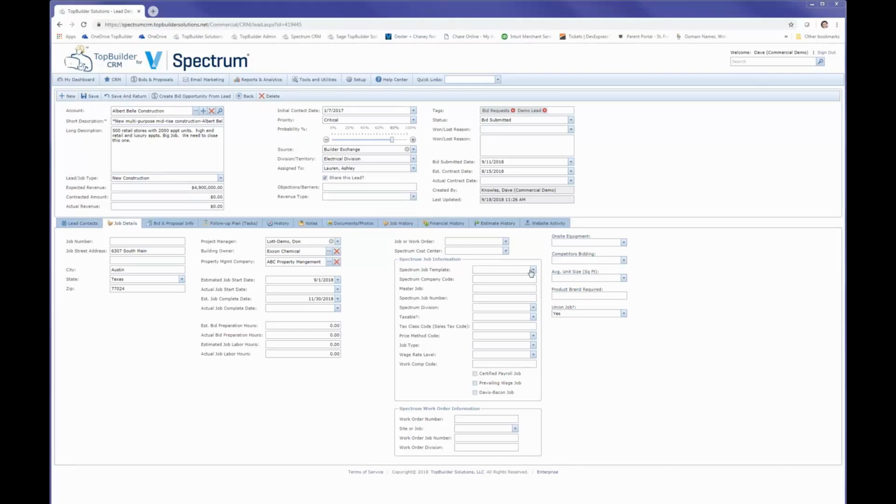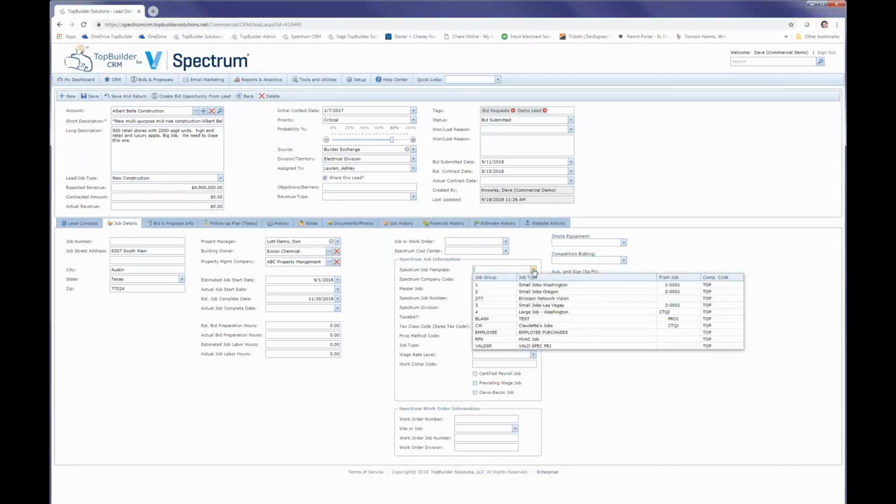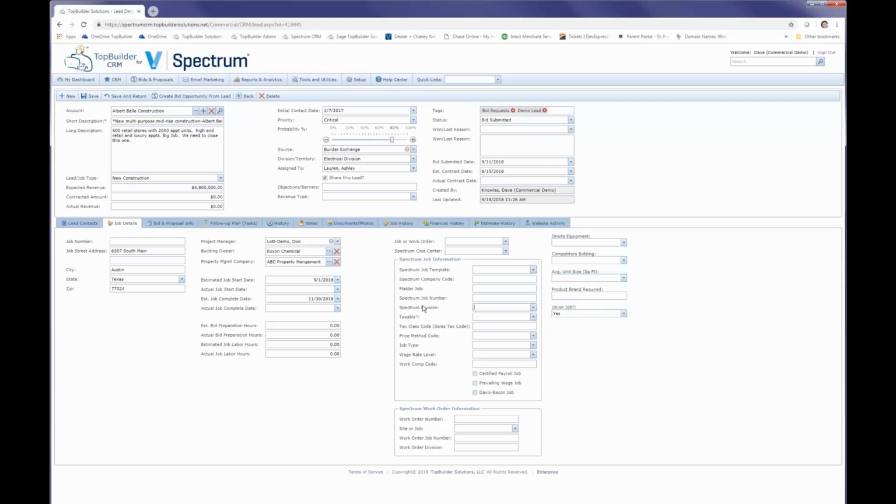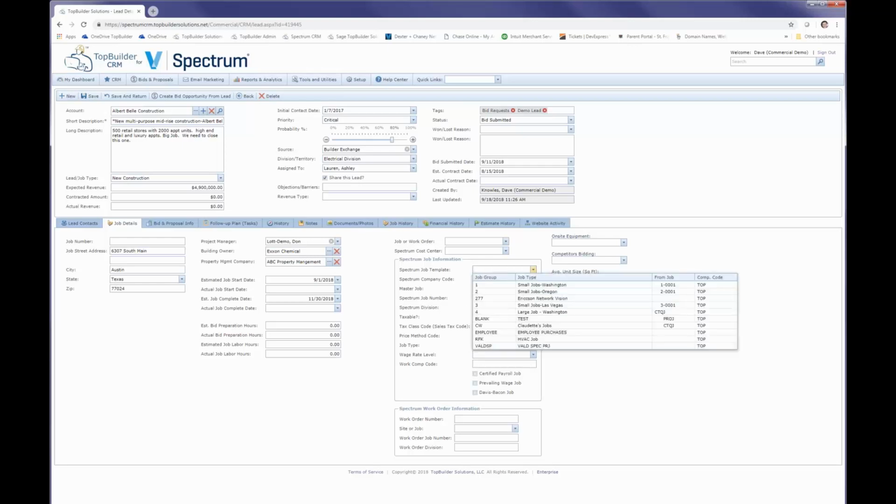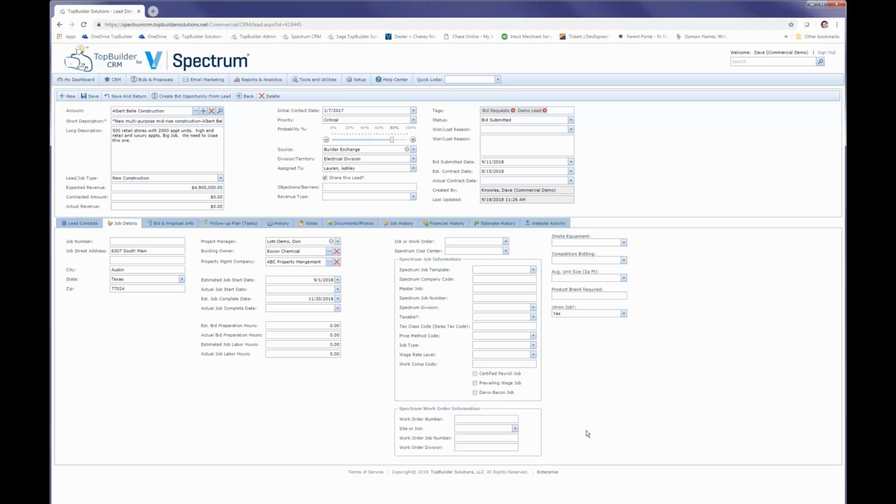overrides for Spectrum. You can also select a quick job setup template, which is fabulous because, as you know, as a Spectrum customer, this is creating your jobs in Spectrum with all the phases, all the defaults. Now you can override some of that here if you want to, but this is beautiful in being able to create. And sorry for the demo data, but these came right out of Spectrum. There are our demo Spectrum environment, but you can select your templates for Spectrum, and for work orders, that information